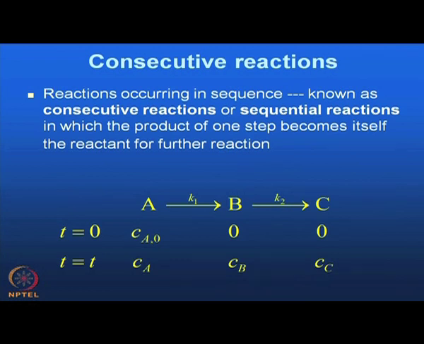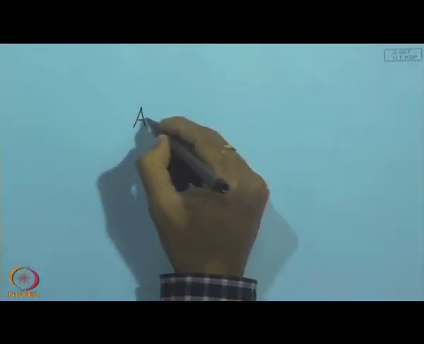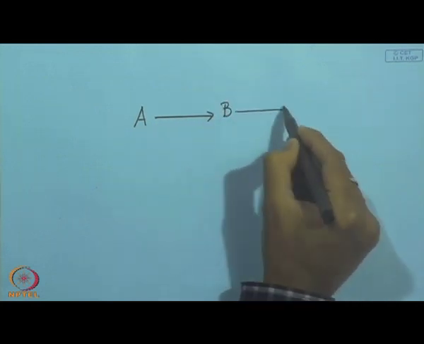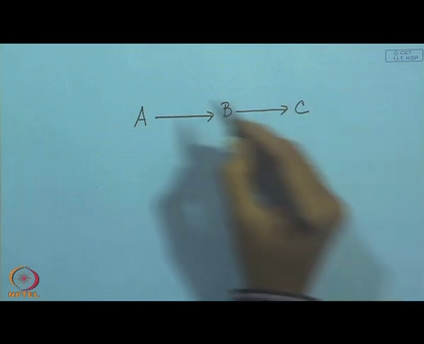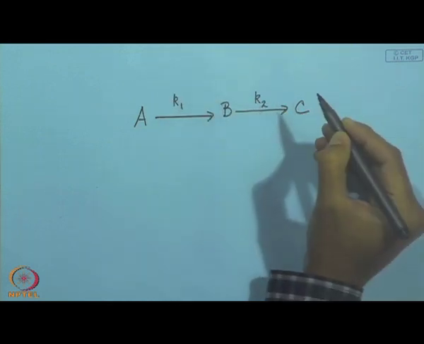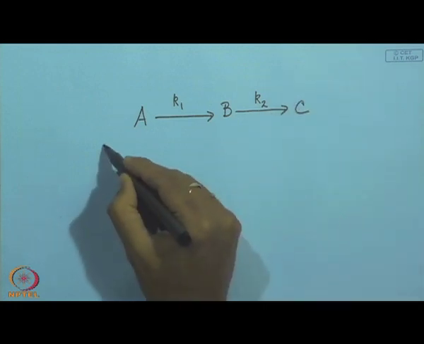Next, we will move on to consecutive reaction. Consecutive reaction means it is a sequential process, that is, you have A, the starting material, that is giving you B, then B will be giving you C, with K1 and K2 rate constants. So, at T equal to 0,